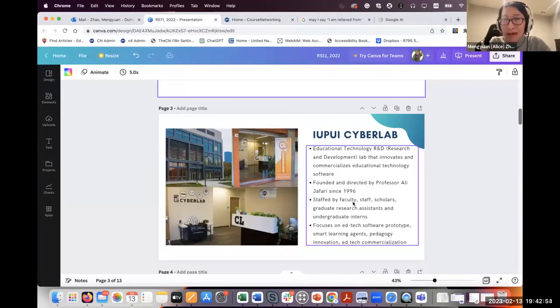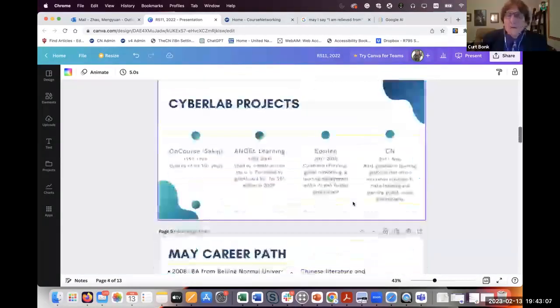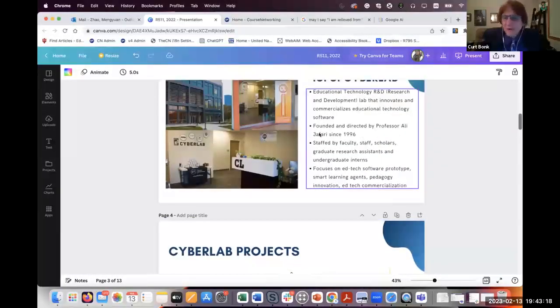Dr. Ali Jafari has many great ideas, and he's an entrepreneur, and he has designed and developed several successful learning platforms. He's known as either the father or the godfather of the learning management system. If you look him up in Wikipedia, he's known as the forerunner, the starter of the LMS. Dr. Jafari is from Iran, so you may see some features on CN later that are in Farsi, his language.